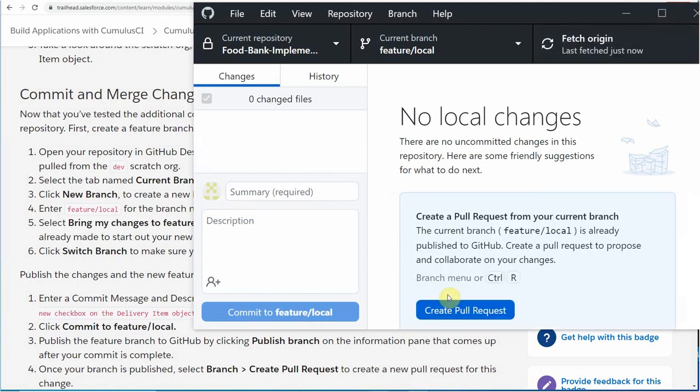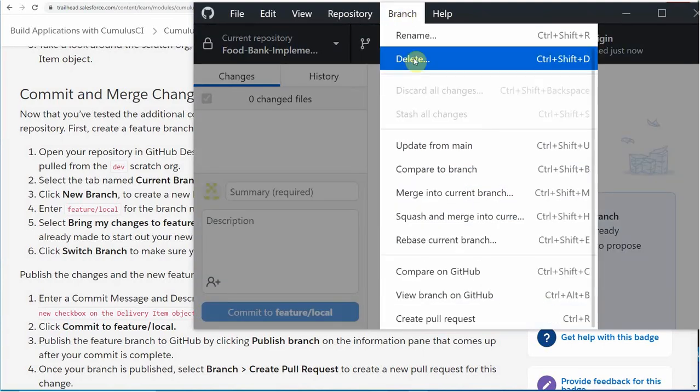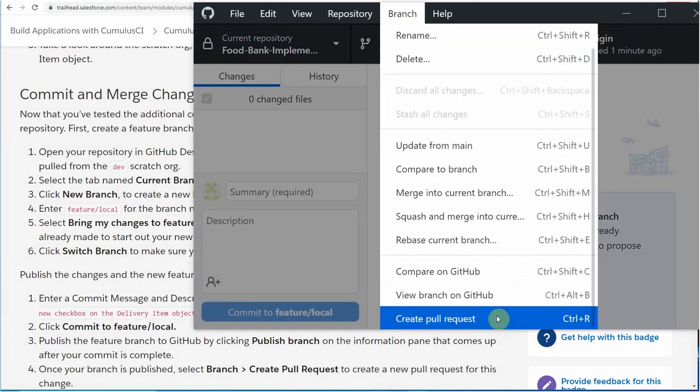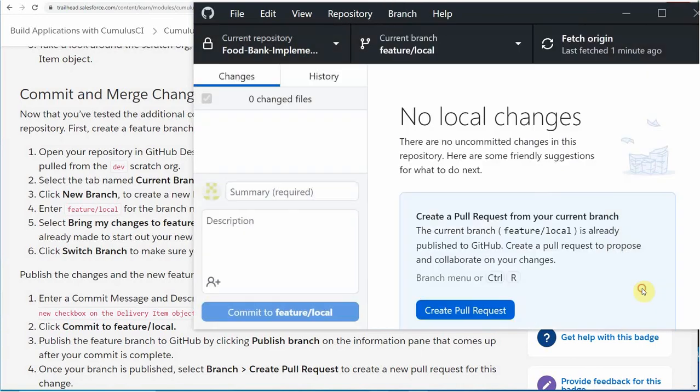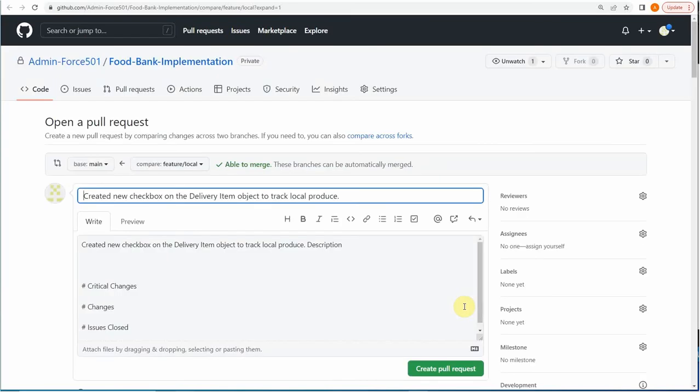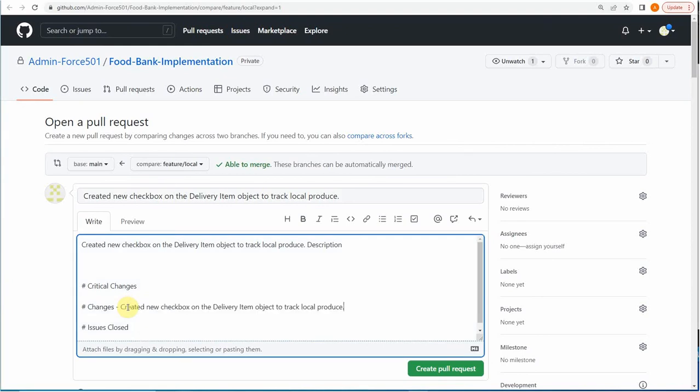And now it says we can create the pull request. You can either click here, or remember we can go out to branch and then drag down, and we can get it from here as a Control R. So it's 3 ways to get there, and it tells you here again. So we're going to create the pull request. It's going to bounce us out to the internet and to the cloud version of GitHub. And we can add changes, and then we're going to create the pull request